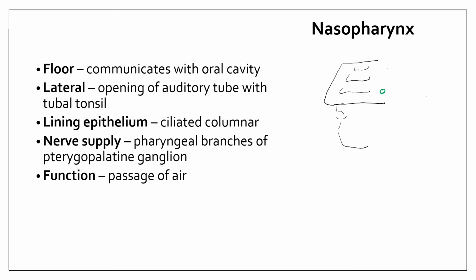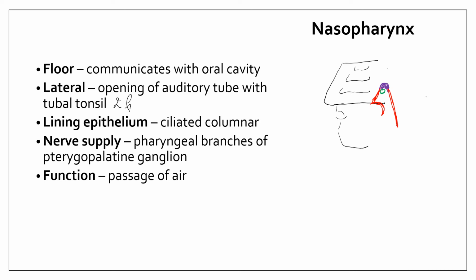Now above this, there is an elevation which is called the tubal tonsil, which has lymphoid tissue beneath the mucosa. That is called the tubal tonsil. Then there are two folds of mucous membrane which are raised areas of the mucosa, one extending anteriorly, that is called the salpingo-palatine fold, going to the soft palate. So here this is the soft palate, and the other one going to the pharynx, that is called the salpingo-pharyngeal fold. So these are the structures lying in the lateral wall of the nasopharynx.